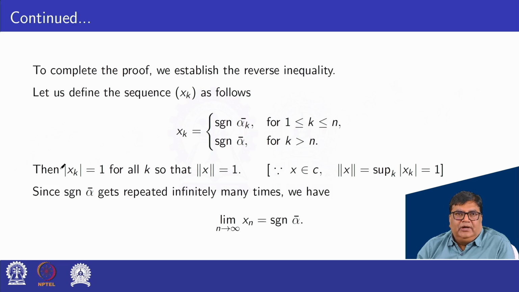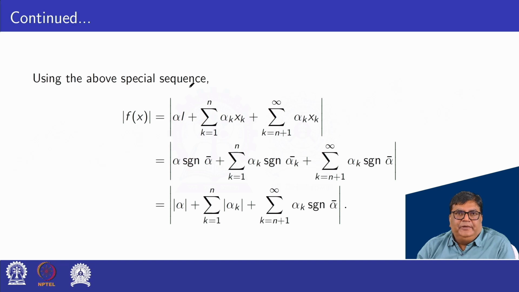So |x_k| equals 1 for all k, so the norm of x equals 1, since x belongs to c and the norm of x equals the supremum of |x_k|, which is 1. Since signum alpha bar gets repeated infinitely many times, we have the limit of x_n as n tends to infinity equal to signum alpha bar. Using the above special sequence,